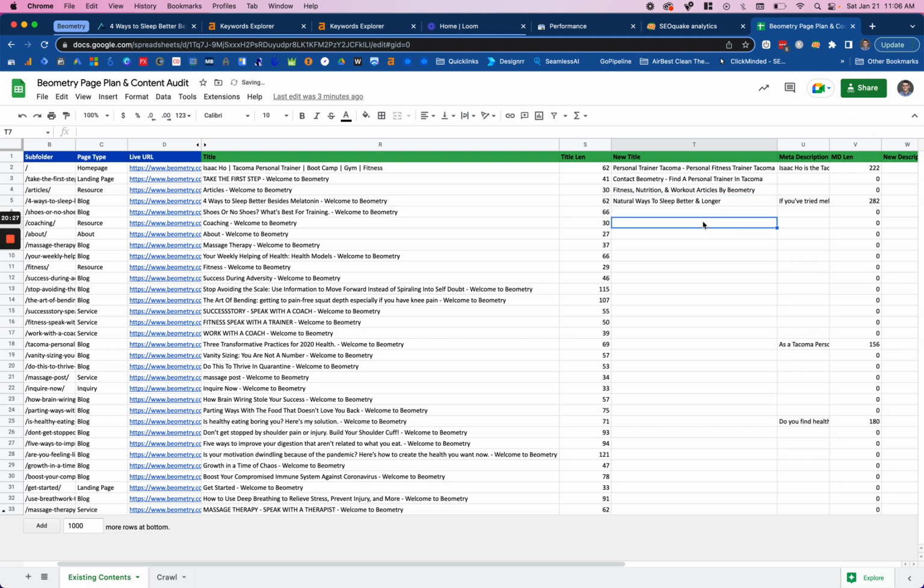In the description, I'll put the number 4. And here, melatonin alternatives. Actually, let's do this. Melatonin alternatives. Boom.